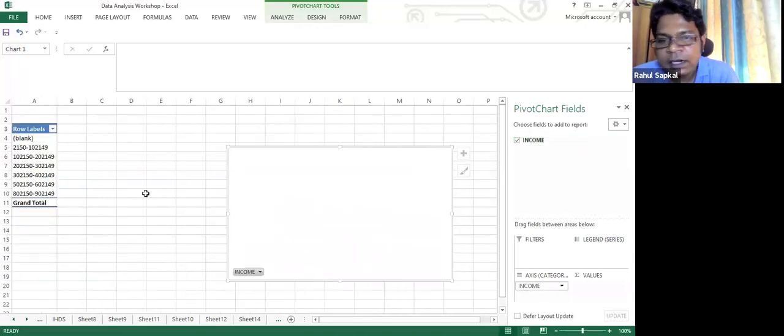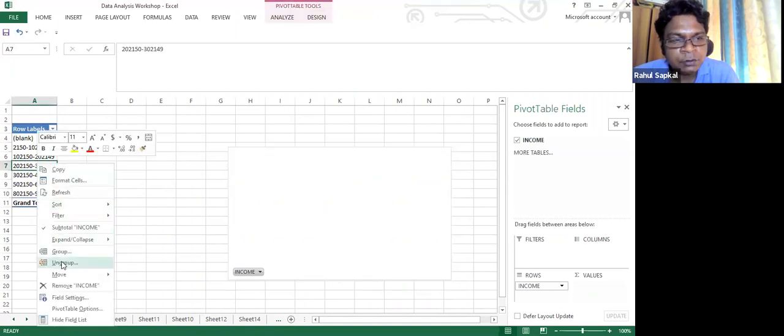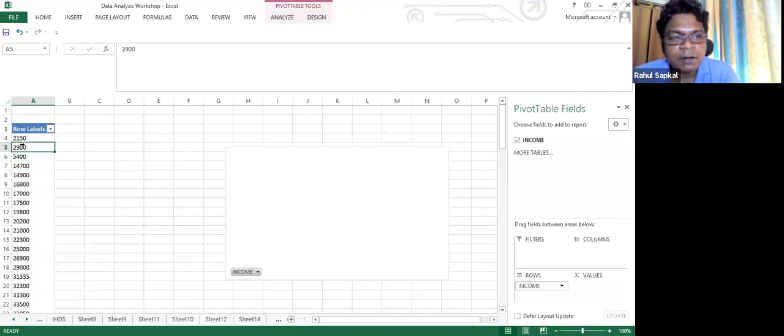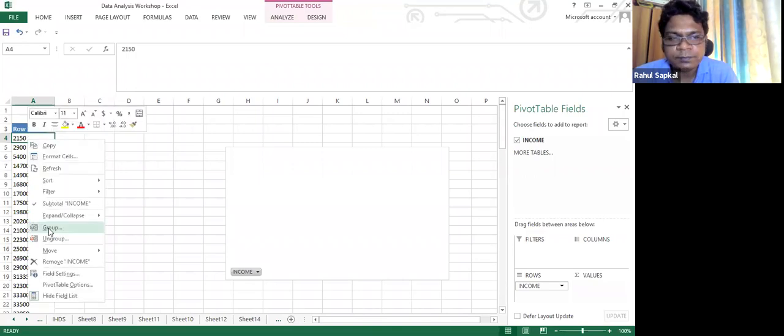Okay, but I have already decided the class interval, so here I will ungroup them first. Now whenever you click on this continuous variable and do a right click, it will put a group. So just click on group.